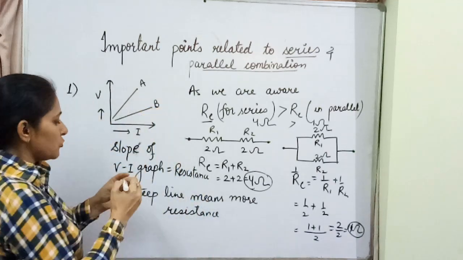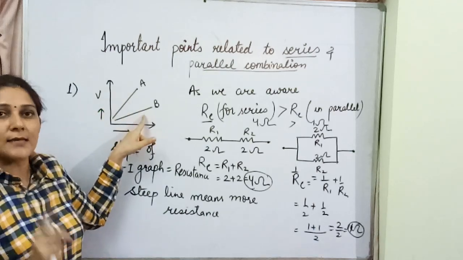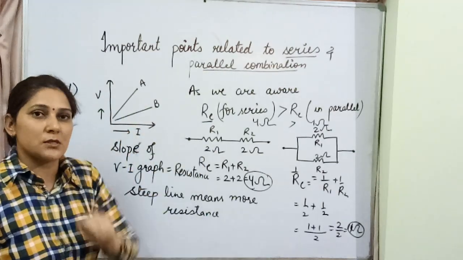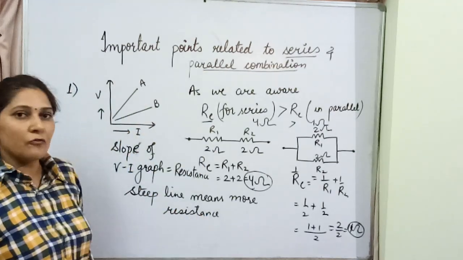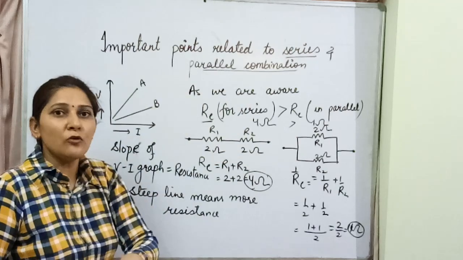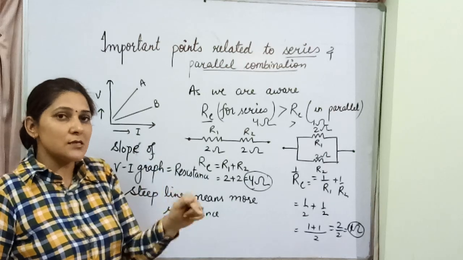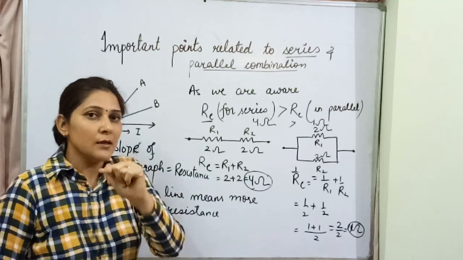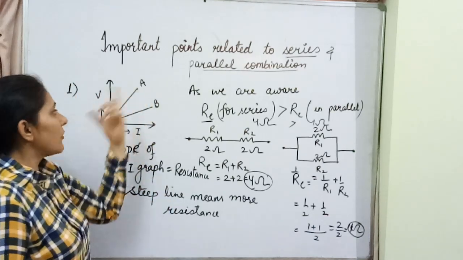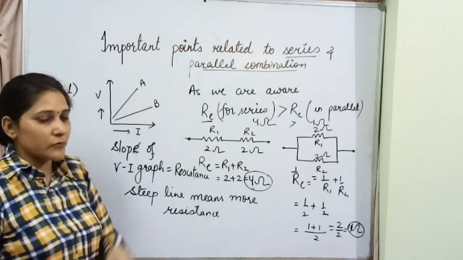Out of these two, both of these lines are given to you. If you find the slope of these two lines, that gives you the value of resistance. Whichever line is steeper gives you more value of resistance. And whenever you get more value of resistance, that means the appliances are connected in series. When you get less value of resistance, that means the appliances are connected in parallel, because I told you the equivalent resistance in series is more as compared to the equivalent resistance in parallel. Got it? This is the first case in which you can easily find out, with the help of the graph, which combination is representing series and which one is representing parallel.